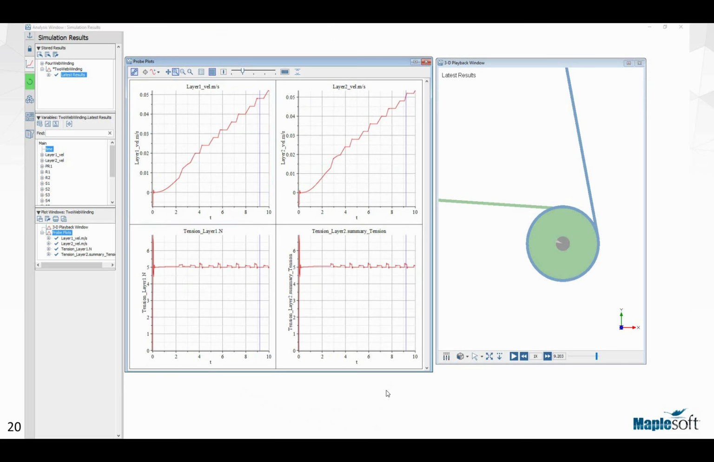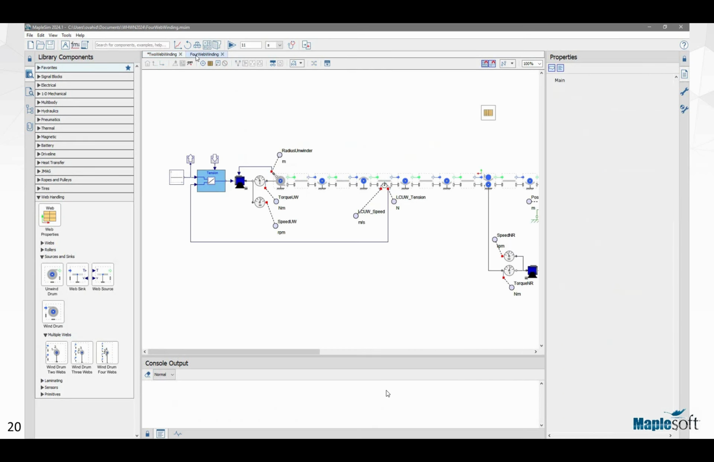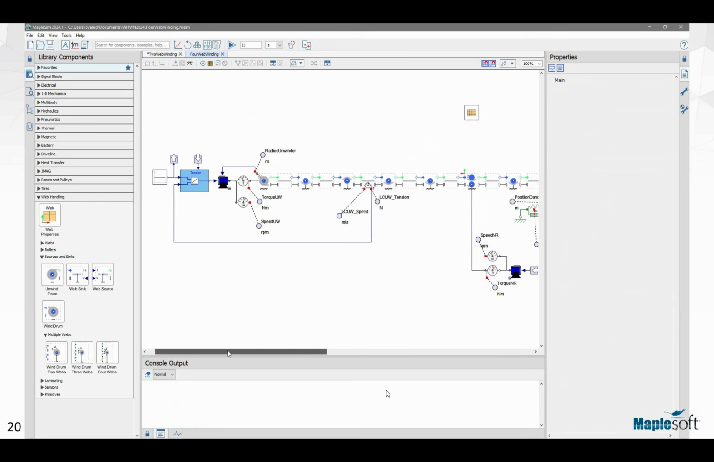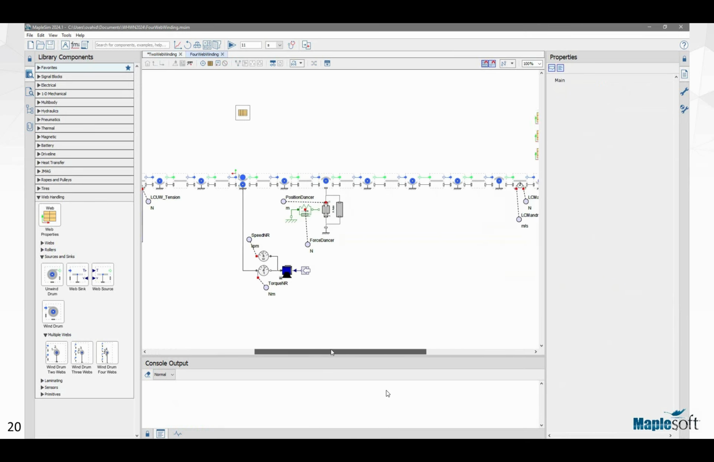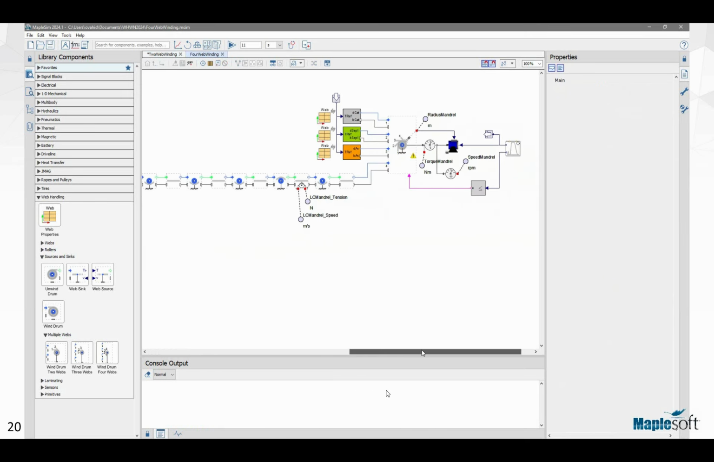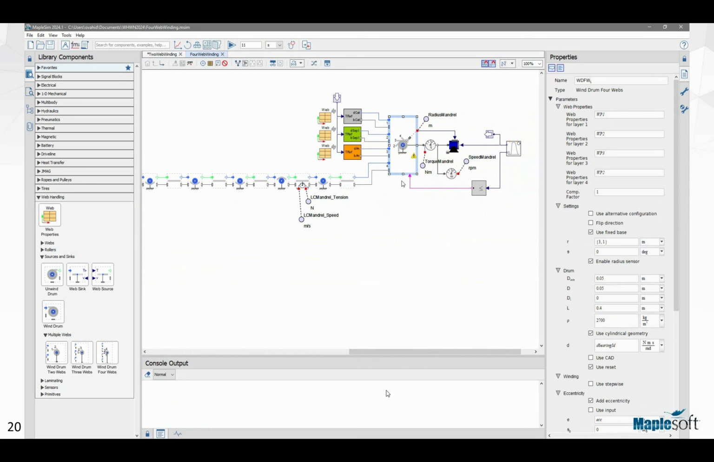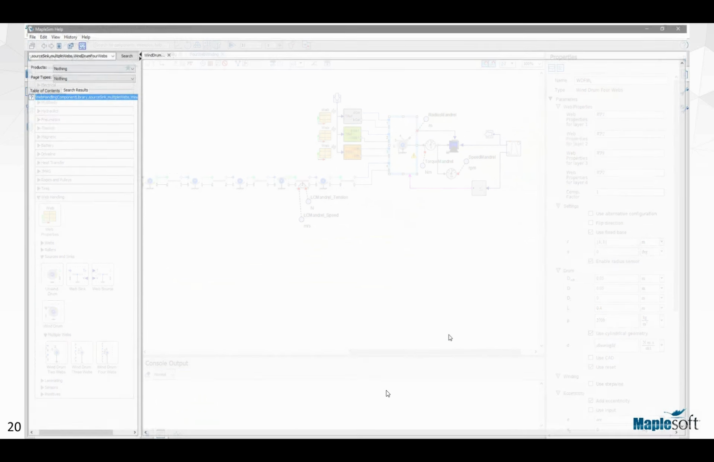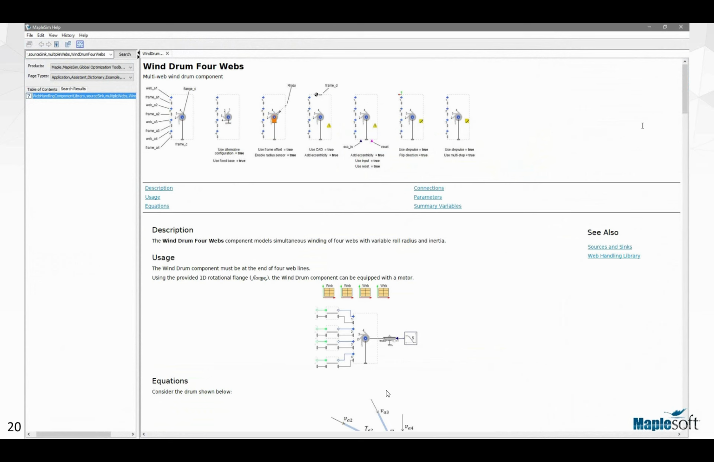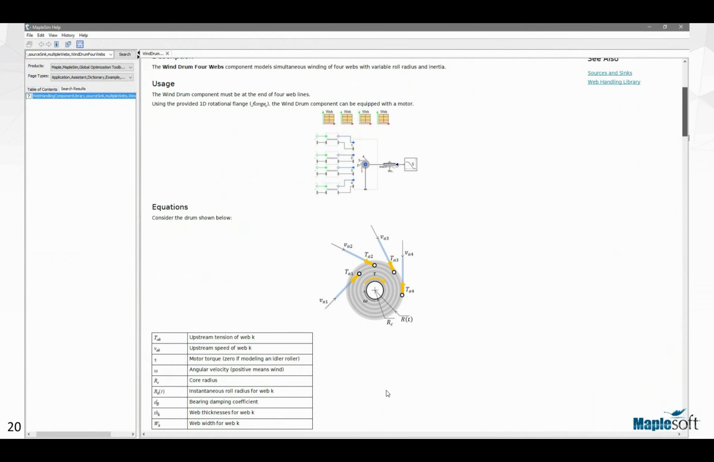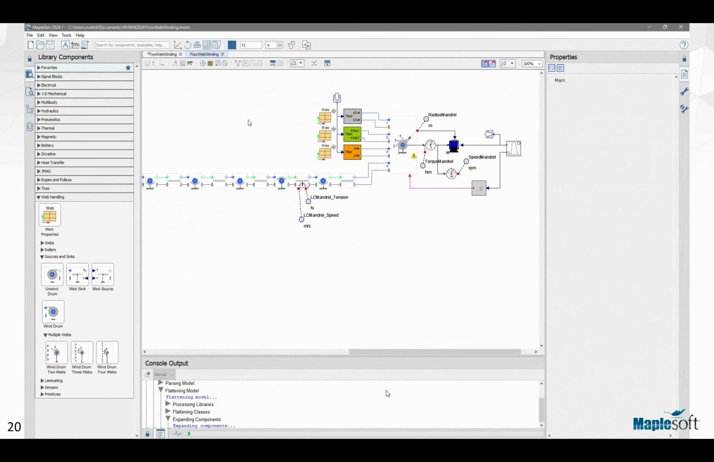And just as we discussed, if these tension ripples have the same frequency as some natural frequency in the system, then the effect will be a lot more emphasized. You can see the help pages for these components, and here we see a more